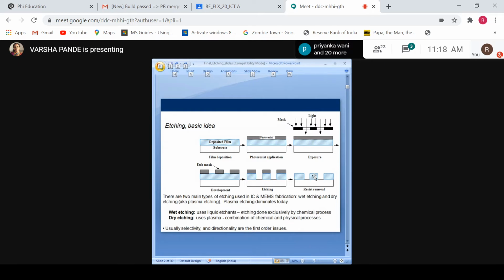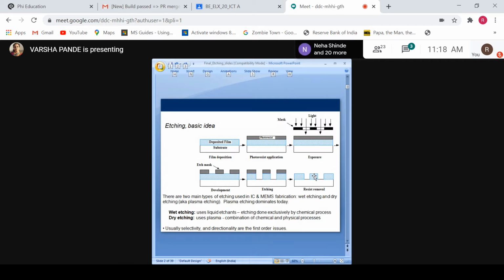Then some part of the soil will be blown away or removed, leaving a gap. This is how dry etching is done. Now there are some specific properties of wet etching and dry etching. Though these are the two methods, we can't use them as per our choice. Either we can go for wet etching or dry etching, depending upon our requirement, that is, exactly how we want the etching.